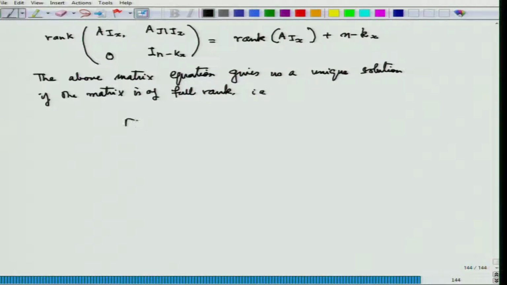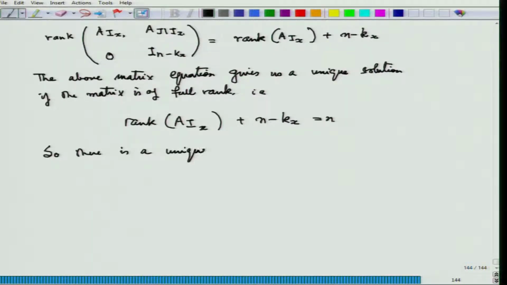That is, rank of A_Ix plus n minus kx is equal to n. So, there is a unique solution if and only if